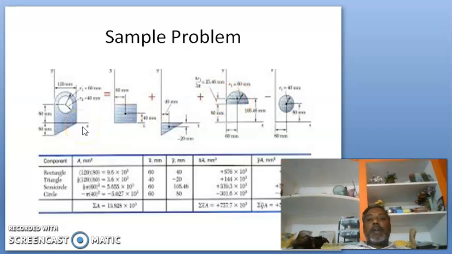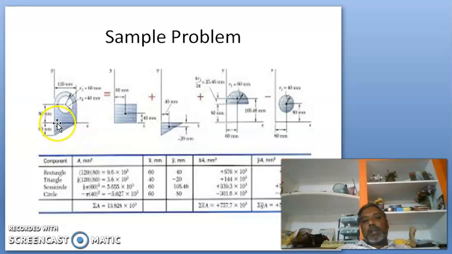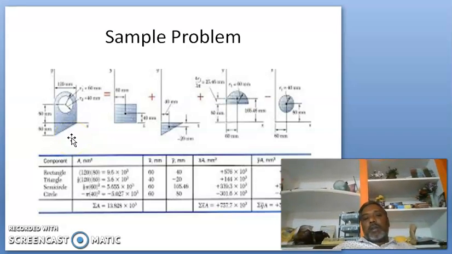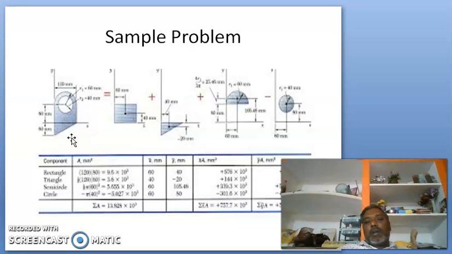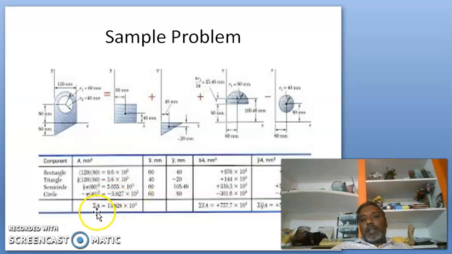So here we can find out the centroid taking any x and y axis as reference, but here we take this as y axis and this as x axis, because of which the triangle available here comes under the x axis, or say it is in negative y. According to our formula, we find the area of the rectangle, area of the triangle, area of the semicircle and area of the circle, and for sigma A we add the first three and subtract the fourth one to get the sigma A